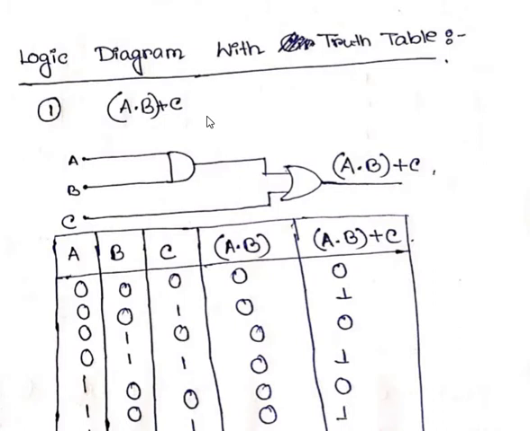So I know what I have to do: I have to first multiply A with B, then after that I have to add C with the result of A into B. Clear? Now into means AND gate, plus means OR gate. So what I will do, I will apply an AND gate in between A and B. So I have three input lines A, B and C. So I will apply AND gate on A and B. I have applied. Now with the result I will apply C, and the result will be OR because here is plus. So the result is A into B plus C.